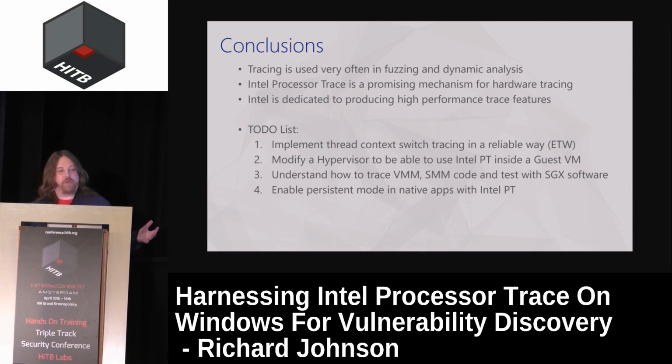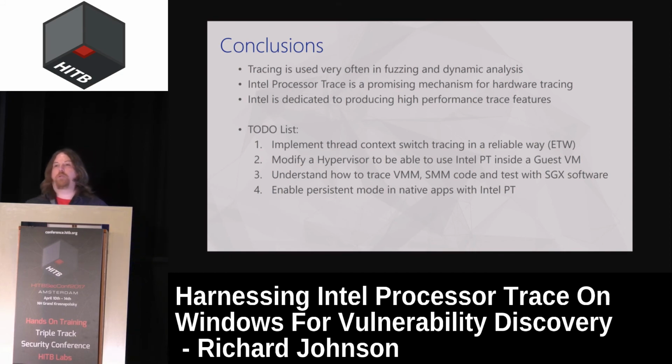So the conclusions, takeaways here: tracing is used in fuzzing and dynamic analysis. We have all kinds of applications for doing the branch tracing. My particular application today is fuzzing. Yours might be doing malware analysis across a billion or a million samples a day or something. It's definitely a promising